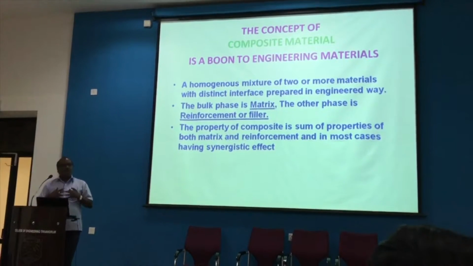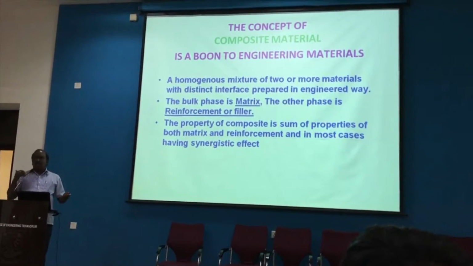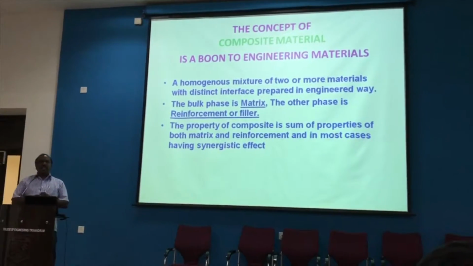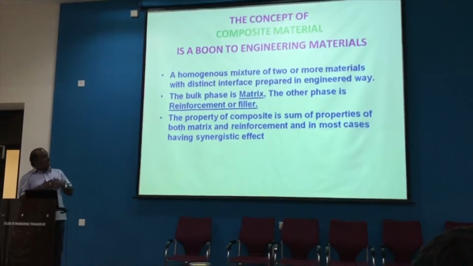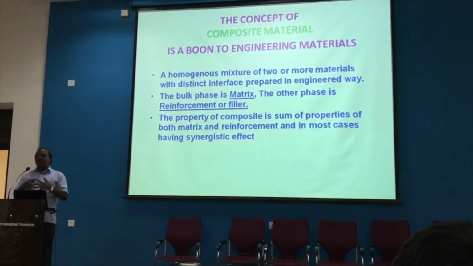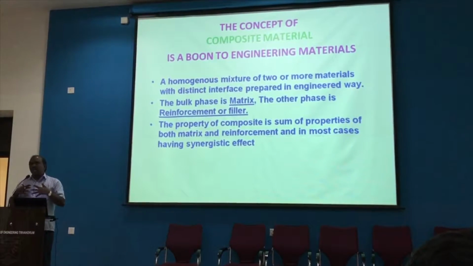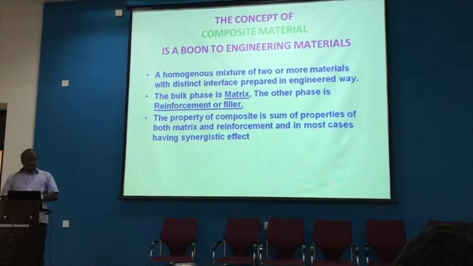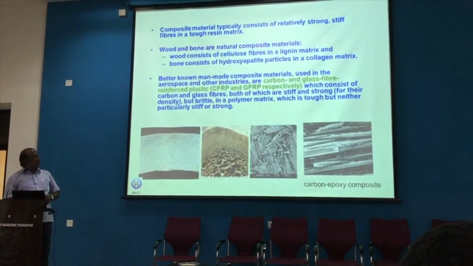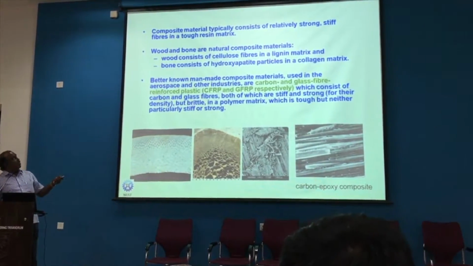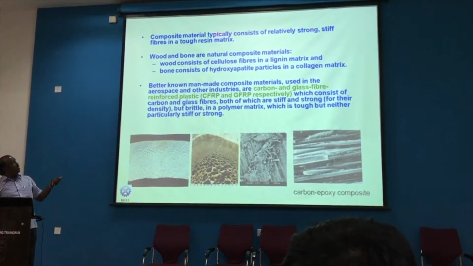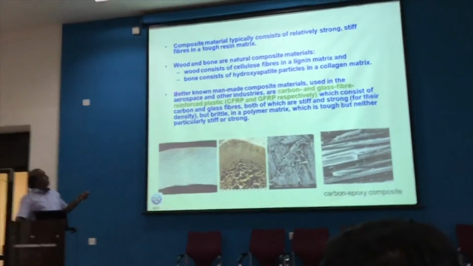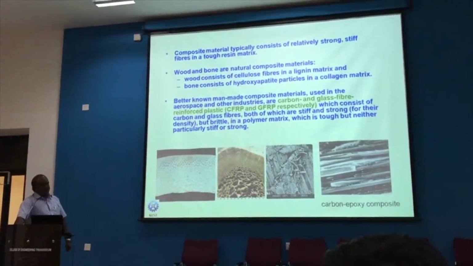That means it combines the properties of the fiber. The fibers contribute most of the strength to the composites, and the matrix acts as a binder for the fibers, as well as transferring the load which is applied to the component to the fiber, and the fiber takes the maximum load when it is applied to a component. So the composites typically consist of strong, stiff, and tough fibers reinforced in the resin.